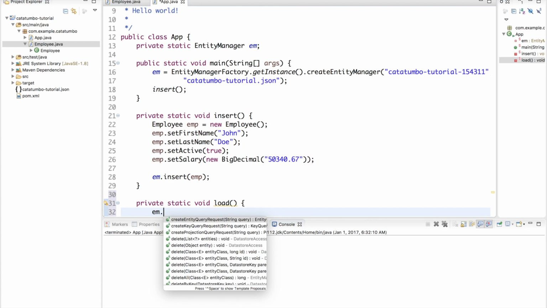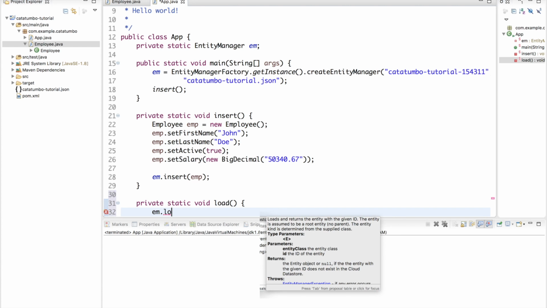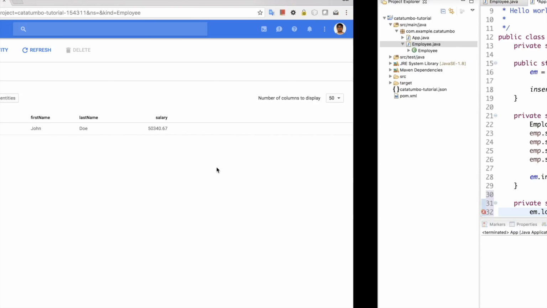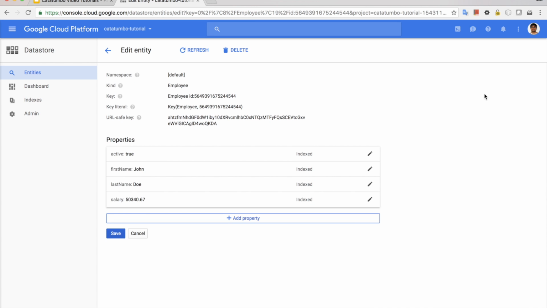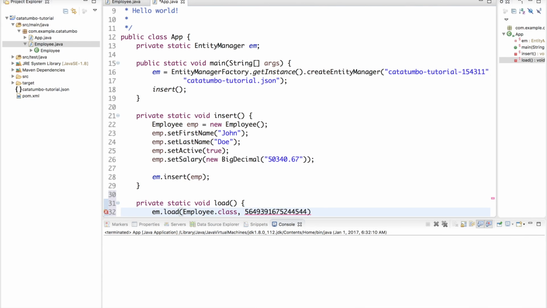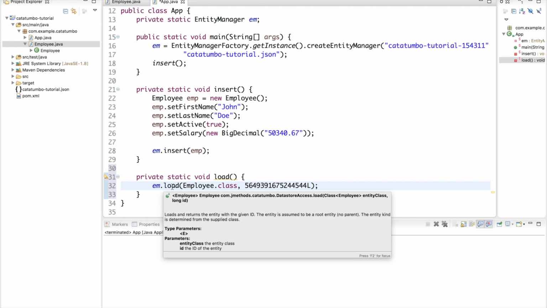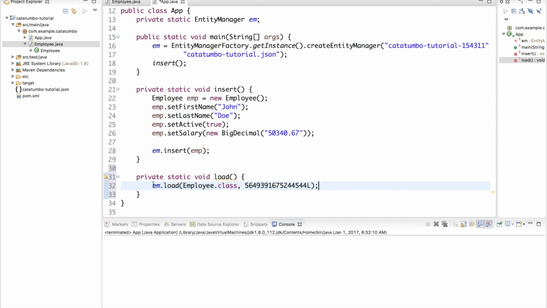all right, we're still going to use em, and then we are going to use load. Now, you need to tell it the ID of the entity that you want to load and the expected type of the entity so we can map it and return the right object. So we're saying the expected type is Employee and the ID is, we're going to just copy it from here. So that's our ID, so let's just pass that ID. Now this method returns an Employee,